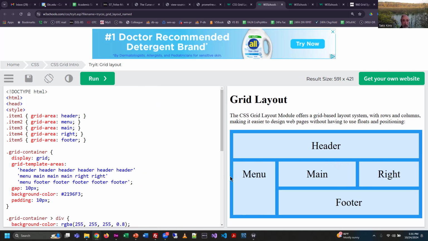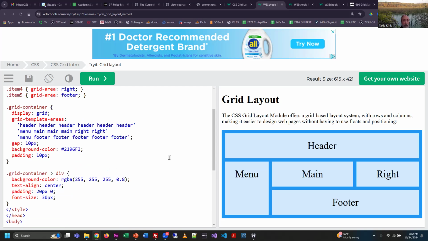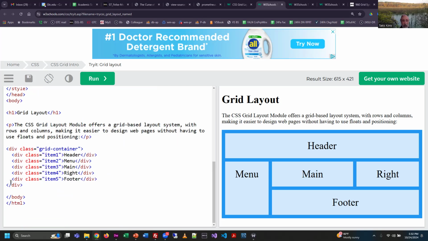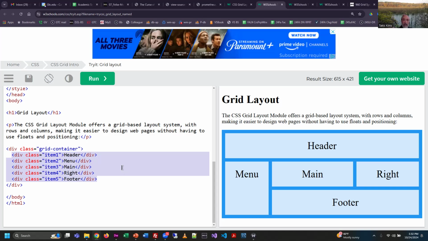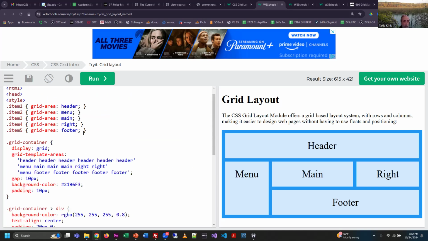Automatically. And basically what they do is they set up the HTML. Notice once again, we have a container div. We have a bunch of stuff inside of it, not necessarily in any particular order. I guess it's kind of a top to bottom, left to right thing, right? But they're just kind of thrown in there. And then via CSS, we first